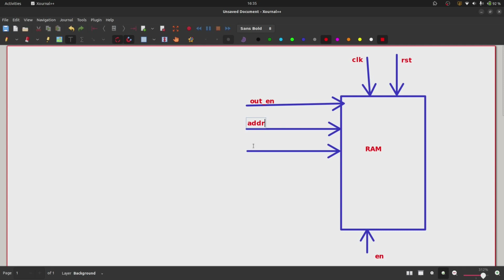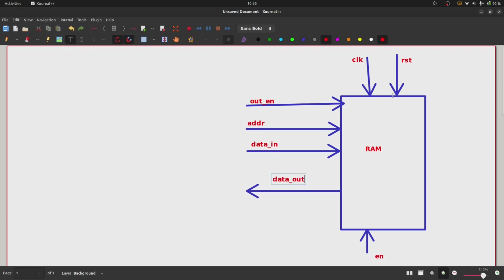After address, next one is, let's say, data in, right? And one more signal should be there. That signal name will be data out,